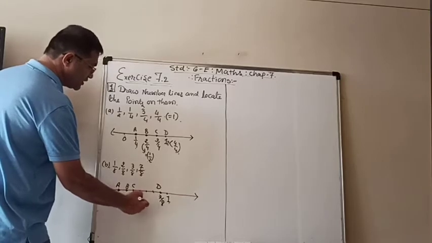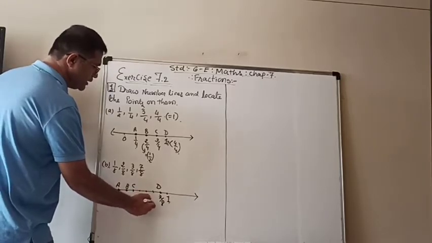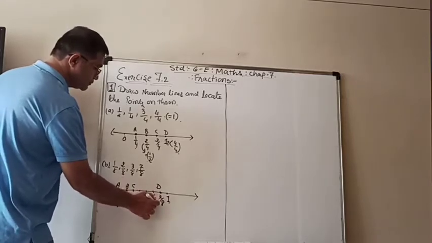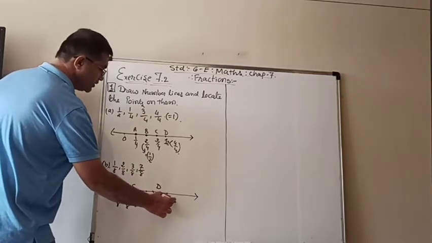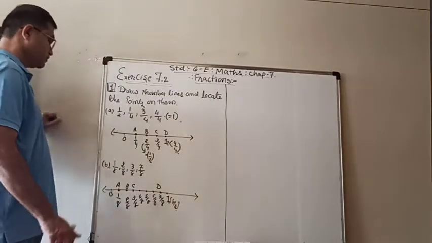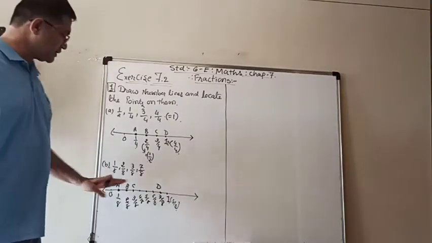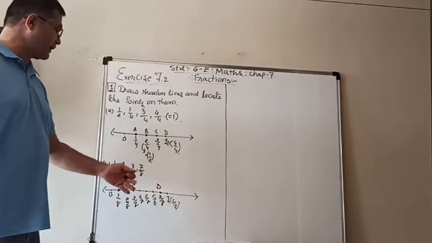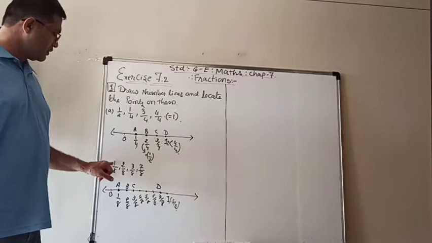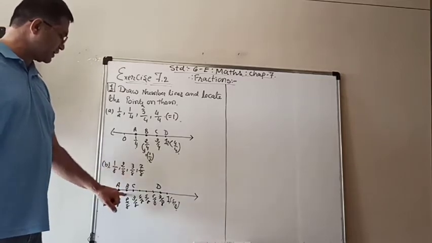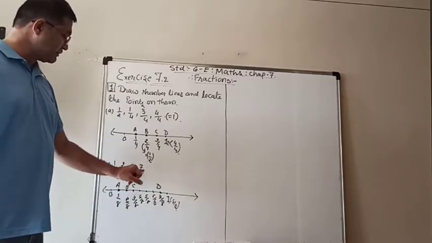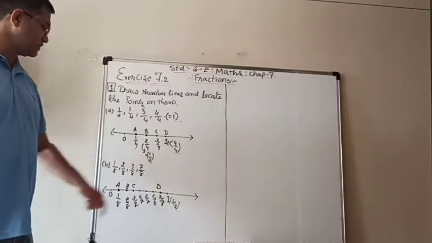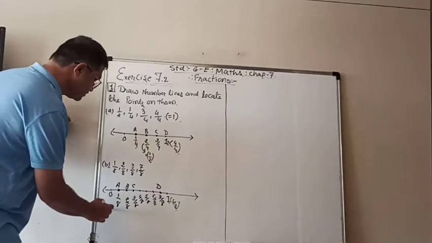For your convenience, you can write them down also, but don't give any number a name. And 1 is 8 upon 8. So by this method, we have to make 8 equal parts, and then whatever the numerator is, that many parts is the number. So here 1 is the first number, 2 is the second number, 3 is that one, and 7 is the seventh number. So 1, 2, 3, 4, 5, 6 and 7. So that is our 7 upon 8.